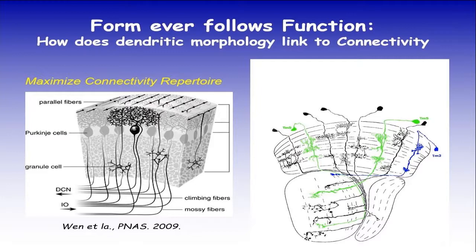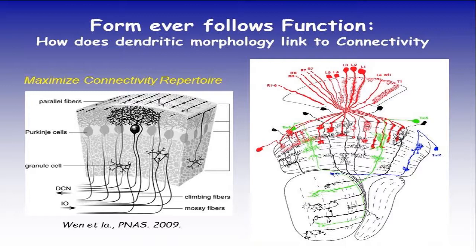So this is probably one really good example where we can learn much more about function from structure, but we can also see it in a more superficial way in a particular system when we work on the fly visual system, where you have individual types of visual neurons that process different visual information. You can appreciate that each type of neuron has a specific morphology, which we can recognize by eye. This region of the fly brain, called the medulla, is equivalent to our retina, particularly the inner plexiform layer of the retina.